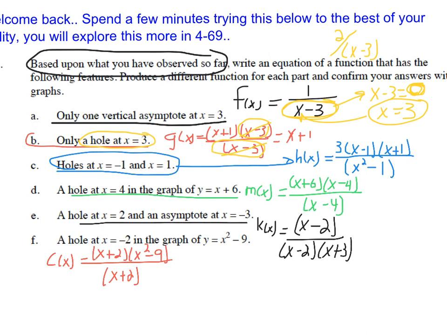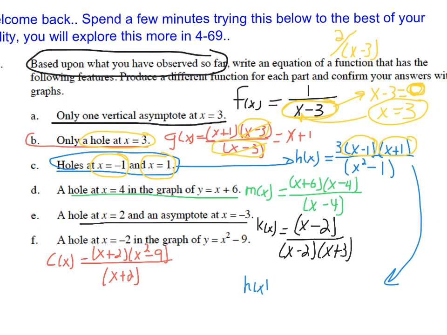In part C, you're going to have holes at x equaling negative 1 and x equaling 1. Again, that tells us that I need 2 factors that occur in the numerator as well as in the denominator. Now you can see the problem that I have written over here. I have the x minus 1 and the x plus 1 in the numerator, but in the denominator I got x squared minus 1. Well, that's because you can factor the denominator,